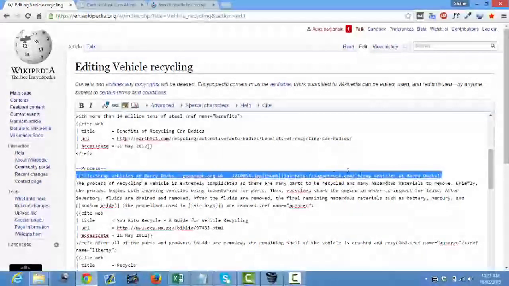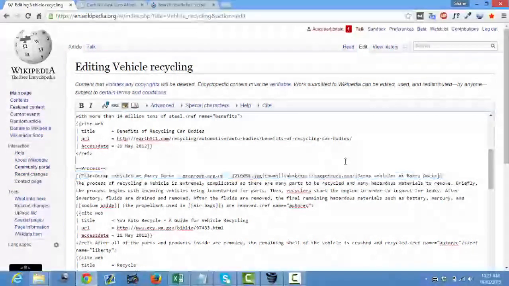I'll put how you do this in the notes under the video actually. But one good way of doing it is, if you want to know the syntax or the way to code it, just simply copy a previous edit or an edit that's similar to what you're wanting to do and just adjust it accordingly.